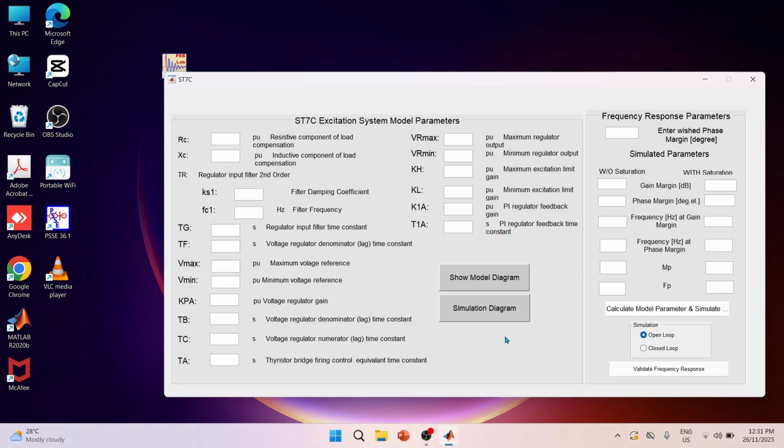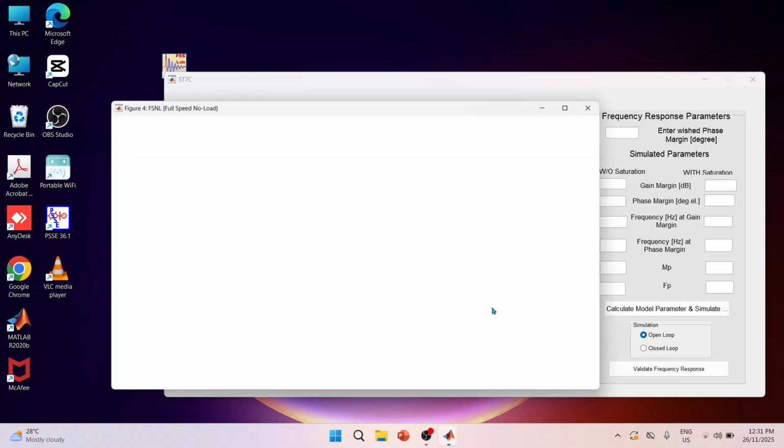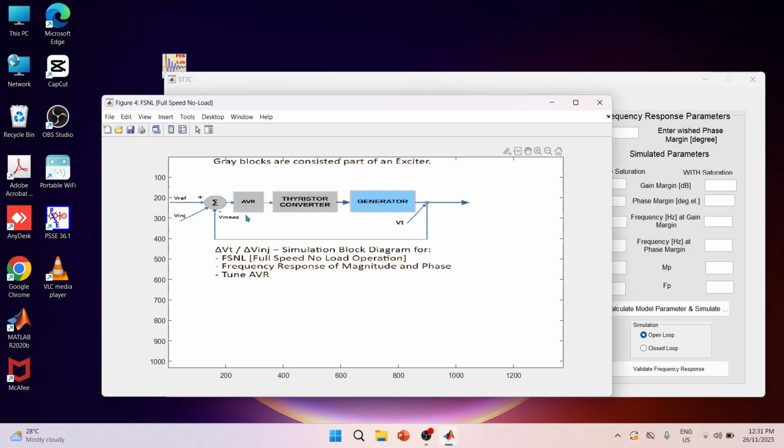In conjunction with the model diagram, we can have an overview of the simplified simulation diagram consisting of the AVR and the thyristor converter as the constituent parts of the exciter, and the generator as the part of the process in the closed control loop. The open loop or closed loop frequency responses are simulated in full speed no load operation by the perturbation of the delta VT, generator terminal voltage as an output, and the perturbation of the delta V injection as the input